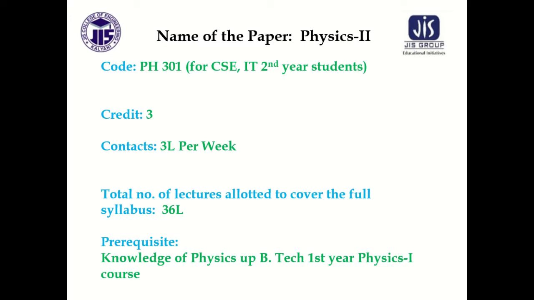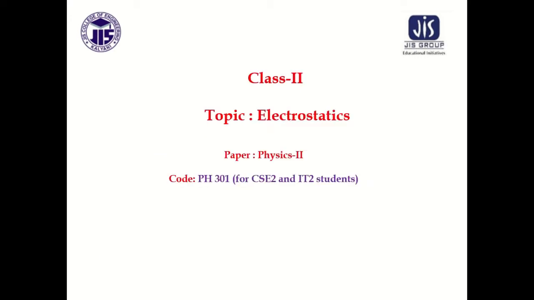Now, in the last lecture we discussed gradient, divergence and curl, meaning the details of vectors. So this is the second lecture. Today we are going to start the discussion about electrostatics. In the electrostatics chapter we'll discuss Coulomb's law, Gauss's law, its integral and differential form, the derivation, some numericals and all that. So let's start the discussion.